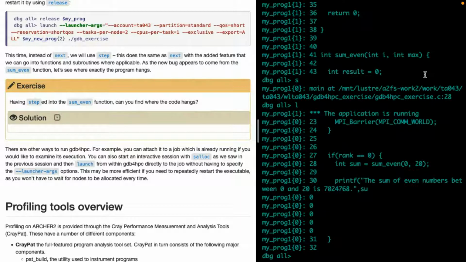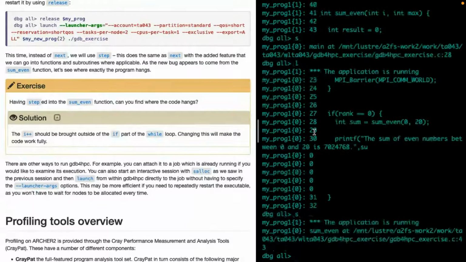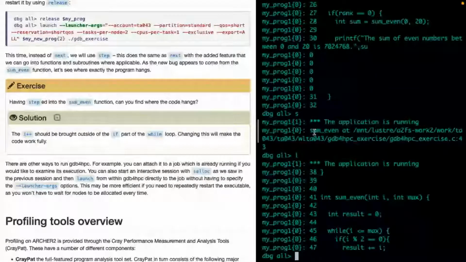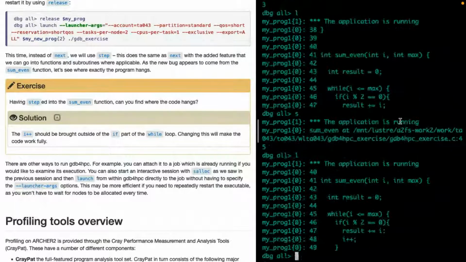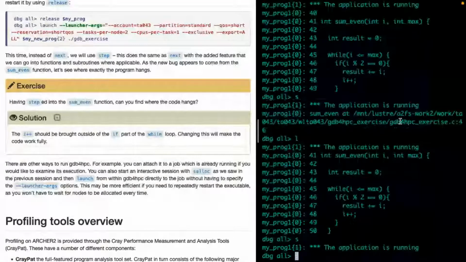So let's see if people now, I'll give you a minute again, see if we can see where the issue is. Okay. So if we take a look here, we can see what happens if we carry on stepping. We can see the first task is still doing something. We know that's actually waiting at the MPI finalize, but if we continue to step, we'll see that task 0